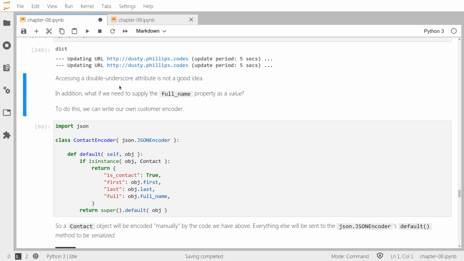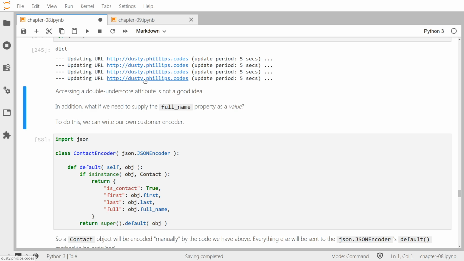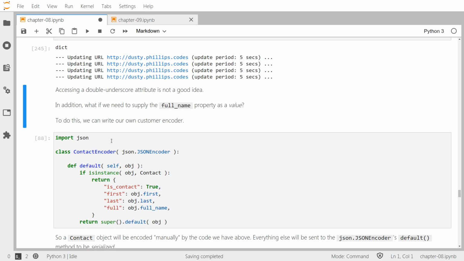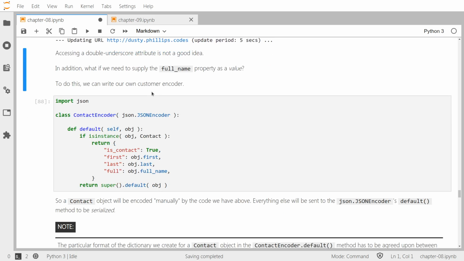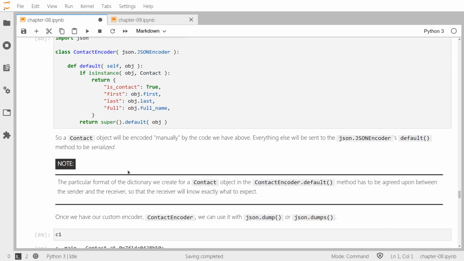So accessing a double underscore attribute is not a good idea. In addition, what if we needed to supply the full name property as a value? So we need to write our own custom encoder for this. So we have the method checking if it's a contact type, so then it would just be separating these fields out, and then